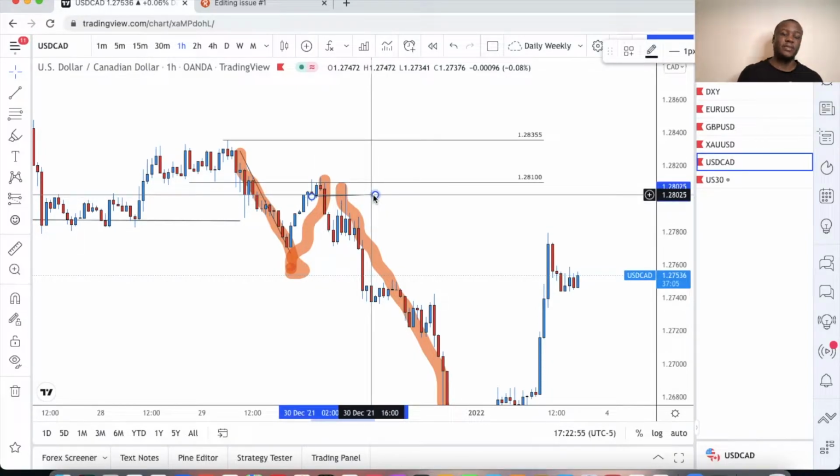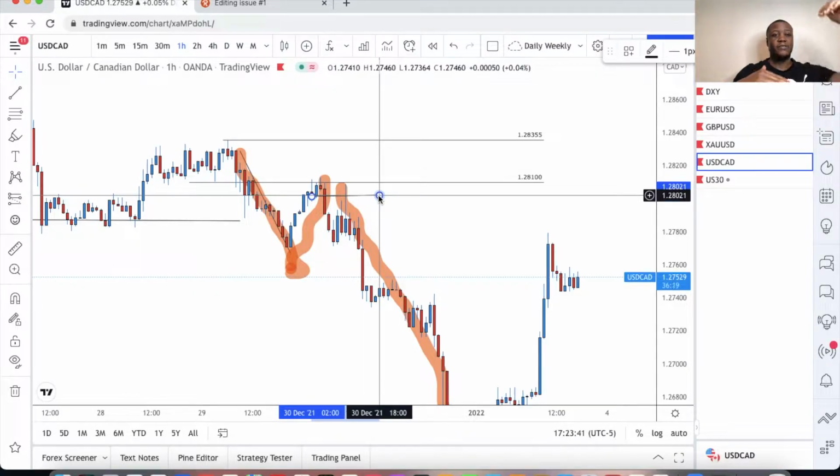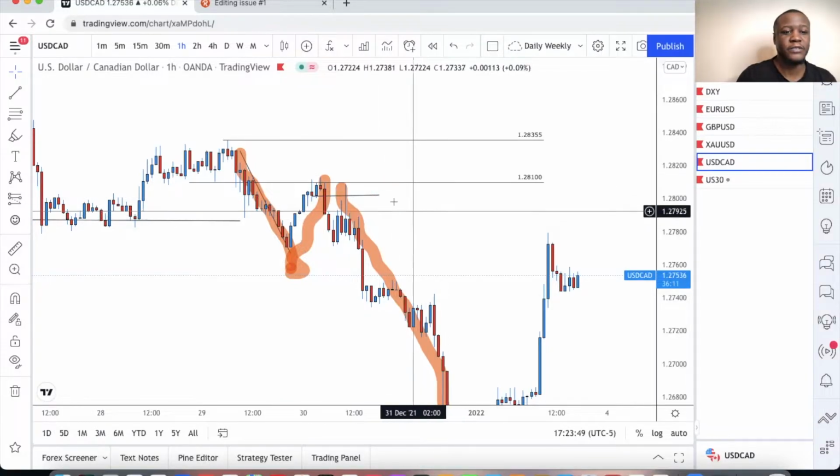The sell stop is opposite of the sell limit. The sell limit, it hits the level and then it goes down, and then it continues going down. As it hits the level, it enters you on the trade. But the sell stop now, it's when it hits the level and continues, it enters you on the trade. All right, so